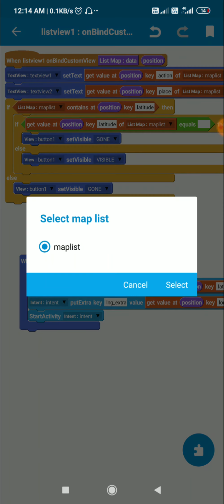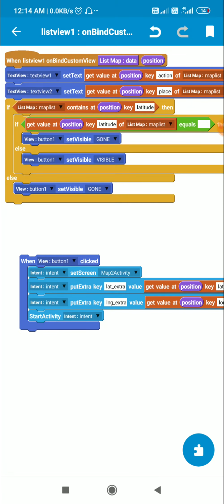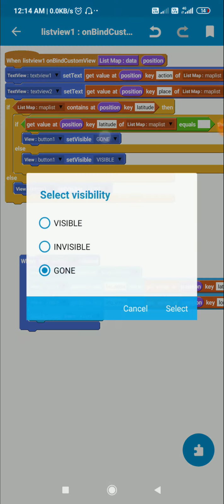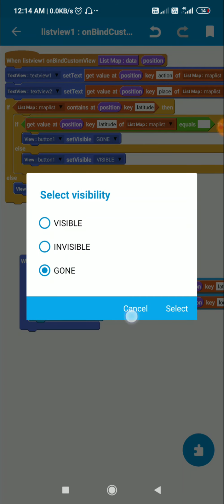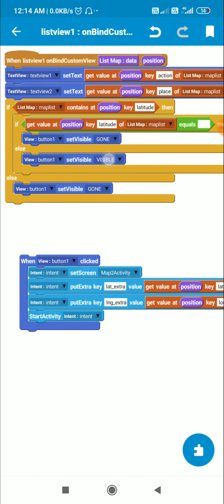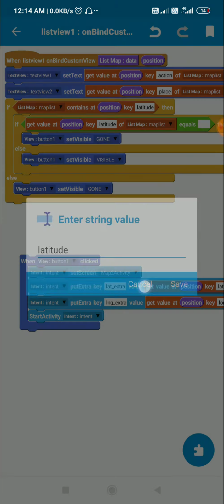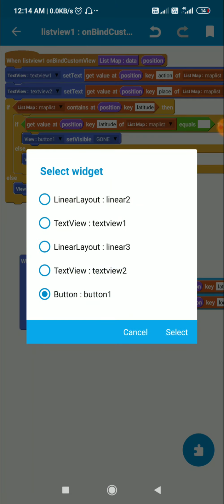So if the map list contains key latitude, then if the key latitude equals empty, then I make button 1 gone if the latitude is empty. If the latitude is not empty, then I make button 1 visible. Okay, and if it doesn't contain key latitude, then I make button 1 gone.